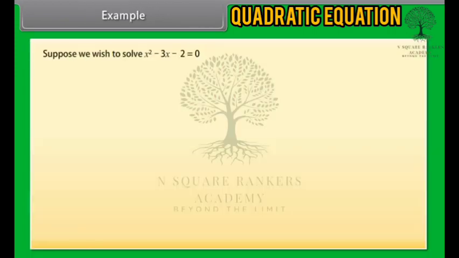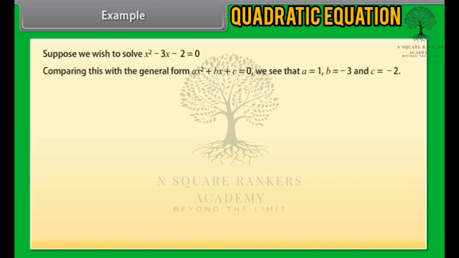Example. Suppose we wish to solve x² - 3x - 2 = 0. Comparing this with the general form ax² + bx + c = 0, we see that a is equal to 1, b is equal to -3, and c is equal to -2. These values are substituted into the formula. It becomes